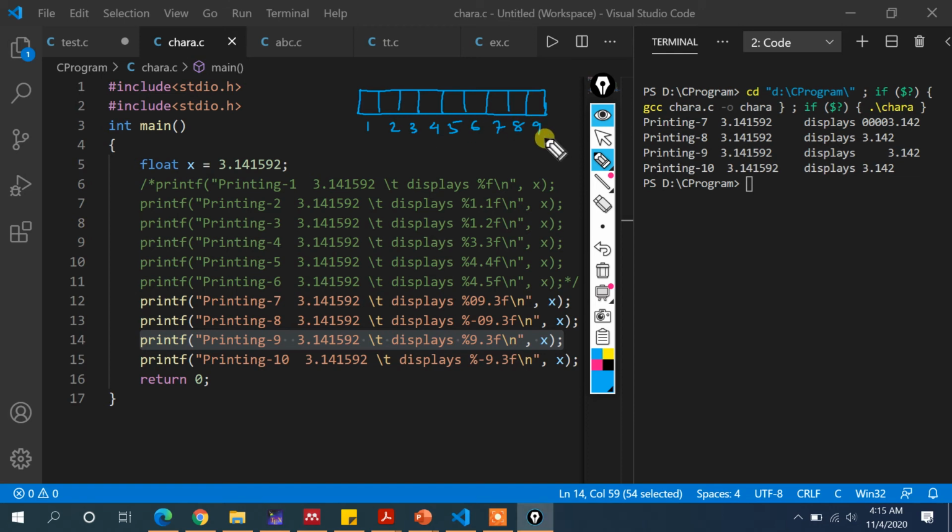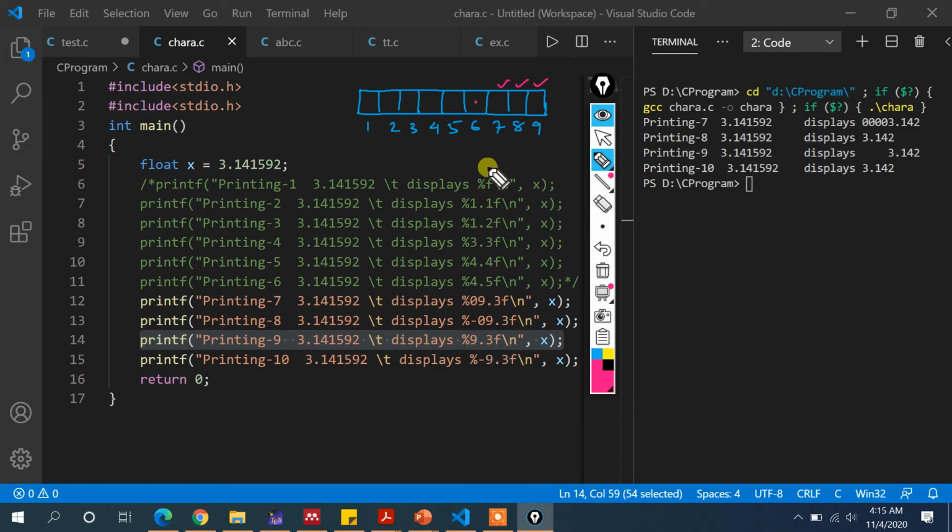9 character places have been created, out of which 3 character places will be reserved for the numbers present after the decimal point. So this place and this place will be reserved for displaying the numbers after the decimal point. Just before that, this will be the dot symbol, the decimal point.